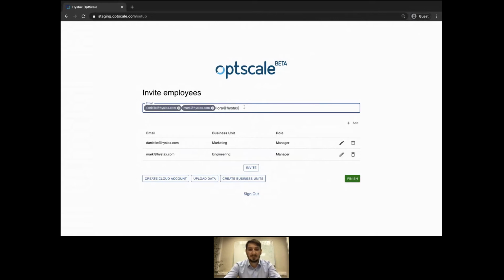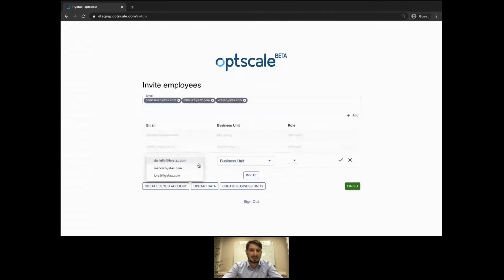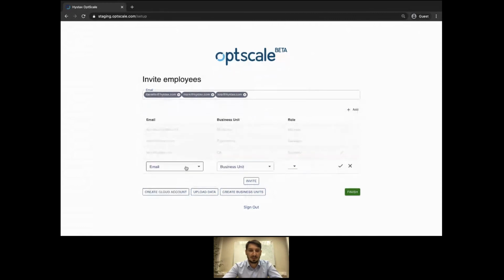Let's invite her also. Laura actually is part of our QA team. She's an engineer there, but she also helps marketing with their cloud environments, looking after the websites and so on. So let's add her as engineer to QA and marketing. Okay, adding Laura to QA as engineer and